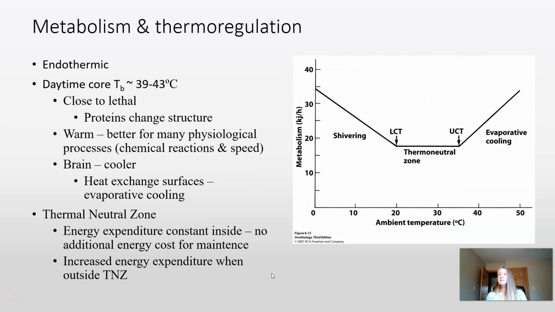With metabolism, we can think about thermoregulation. So again, it's really important that you are maintaining homeostasis, maintaining temperatures that are most conducive for cellular function. Birds are endothermic. Any individual or any taxa that has a very active lifestyle is going to need to be able to maintain body temperatures.